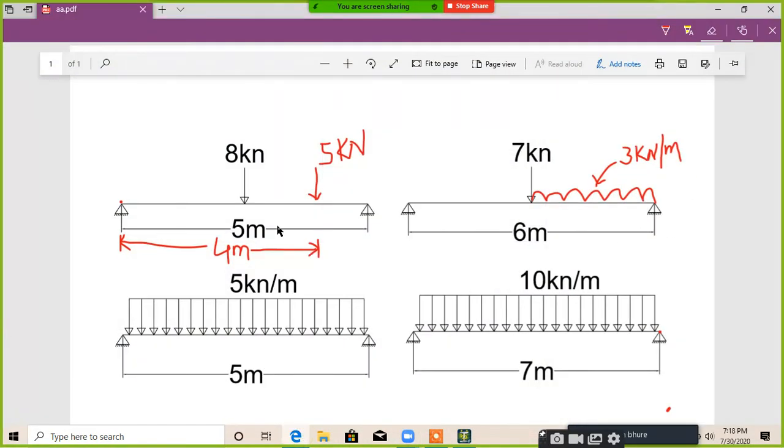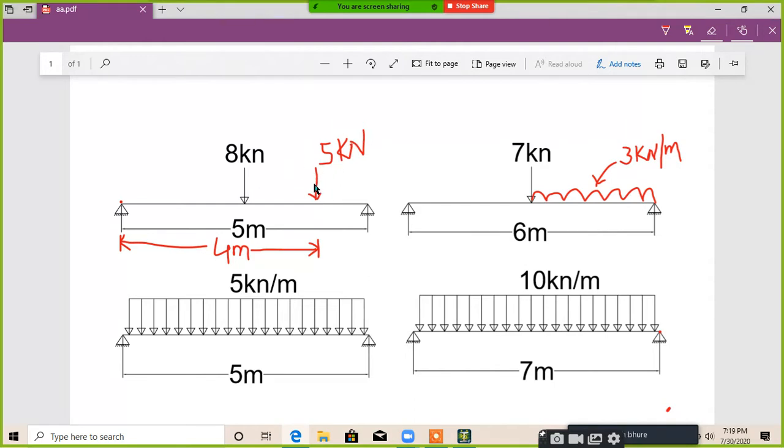So for today's class, we have these doubts or problems. We will solve these problems. The first one is a beam of 5 meter length. The first load is applied at the center of that beam, and the intensity of the load is 8 kilonewton. The load is a concentrated load applied on a particular beam, or a member. So it is a member load.